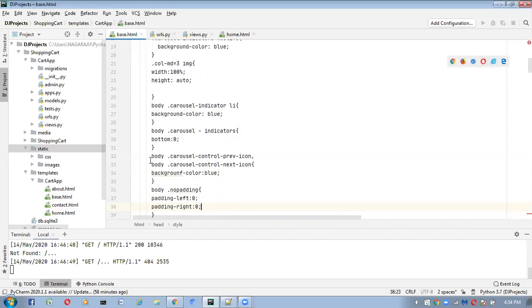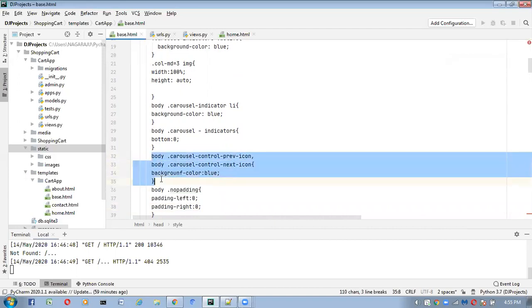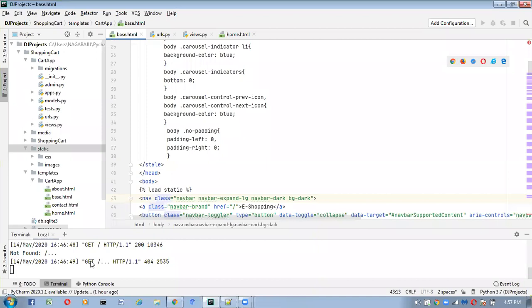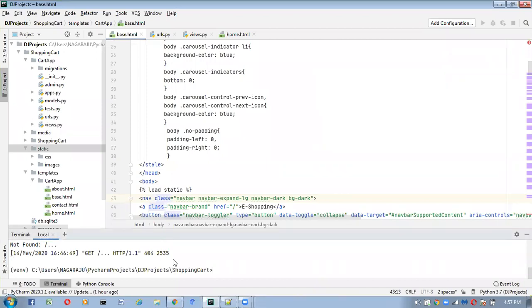And these things are the controls, the previous and next control buttons; I want to display them in blue color. And next, column sizes I'm taking, with 100% width and height auto. So this is the CSS code we have to take. Next, up to here, we'll see what the position is. Once restart the server before going to the browser.